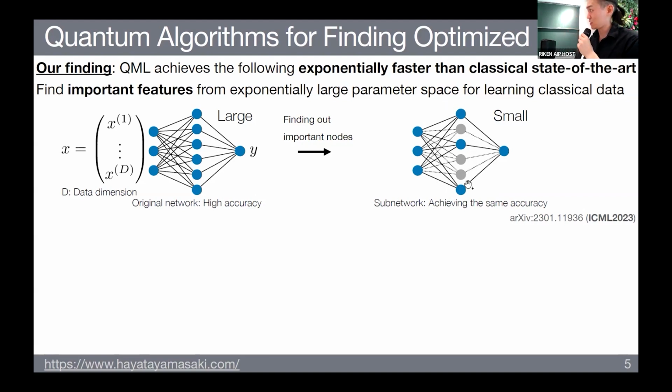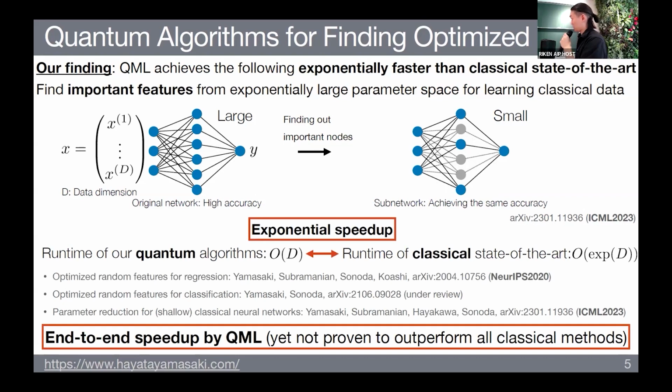We consider this task, and in the context of the lottery ticket hypothesis, there are several classical algorithms available for this kind of searching. But usually such a classical algorithm represents a large-scale neural network as a bit string. We need to store this and then perform training or searching using such a large-scale neural network. So since such a classical algorithm stores a big neural network as a bit string, this inevitably requires exponential runtime in our setting. By contrast, we develop quantum algorithms that do not